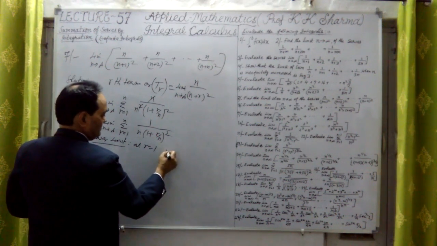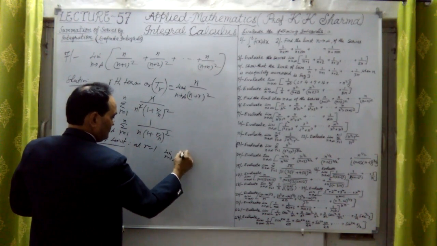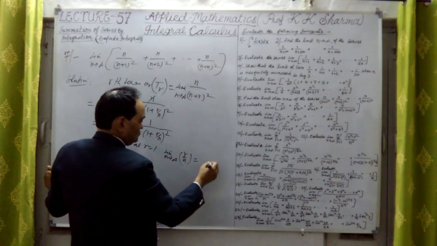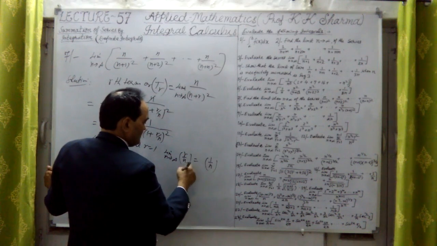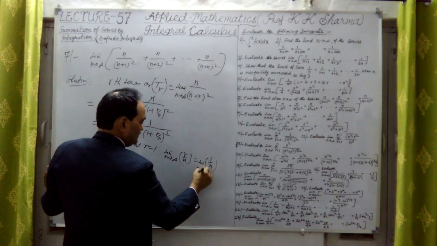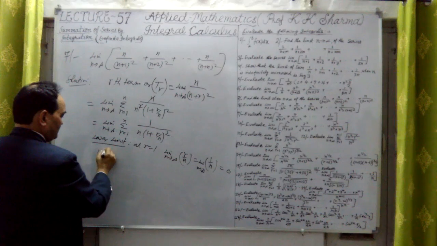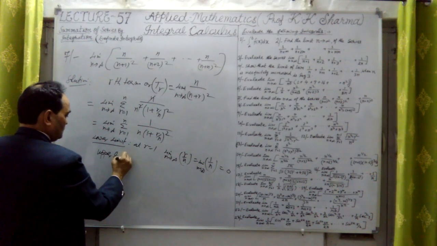The lower limit will be: as n tends to infinity, r upon n equals 1 upon n, and at n tends to infinity this is equal to 0. And the upper limit, what is the upper limit here? The upper limit will be